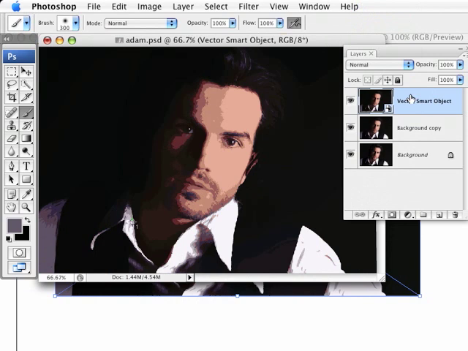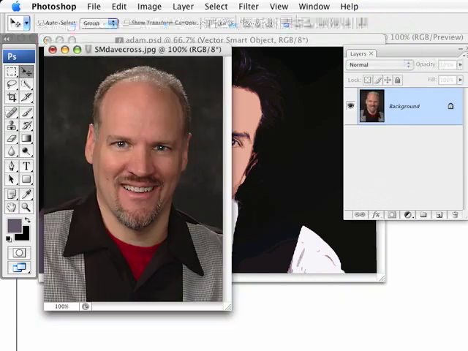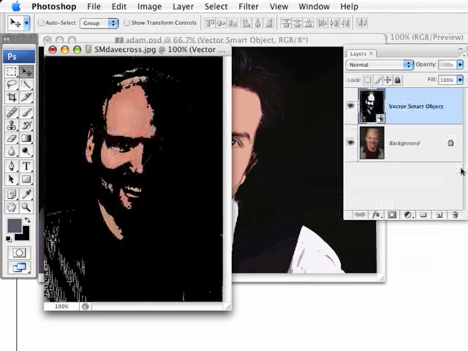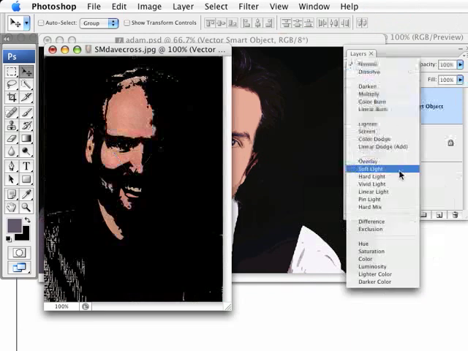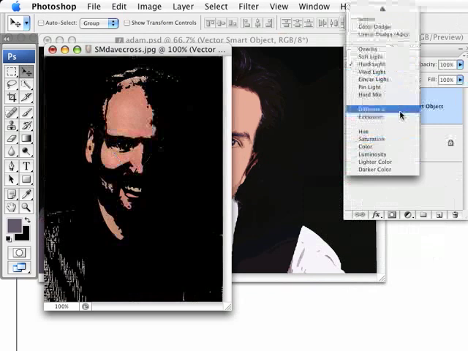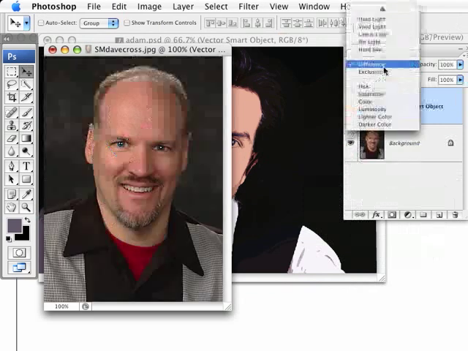Pretty cool two-way street. Of course, like lots of things, it all depends on the settings you use. Here I have a photo of this guy, and I'm going to paste my Illustrator trace as a smart object. Okay, which is kind of a bad smart object because of the bad Live Trace, but hey, you never know what you might end up with. If you keep trying things and experimenting, you may end up with something that just looks the same, or